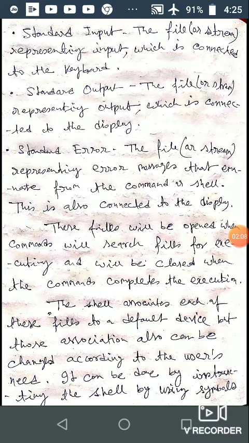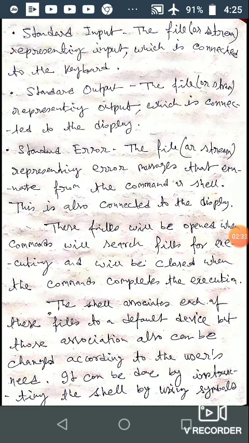Now the third device, standard error, represents the error messages, and this is also connected to the display device.